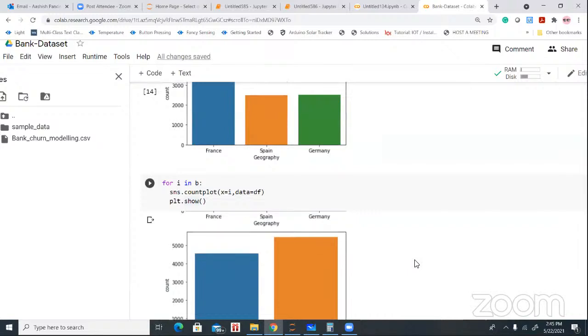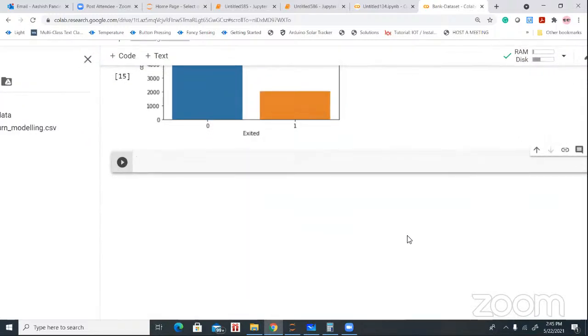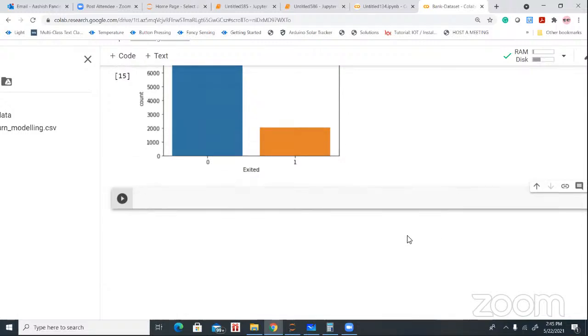So everyone, now we have information on all the categorical variables. Almost 20% of the bank customers left the bank. 55% of the bank customers are male, and 20% of the bank customers left the bank. 49% of the bank customers,